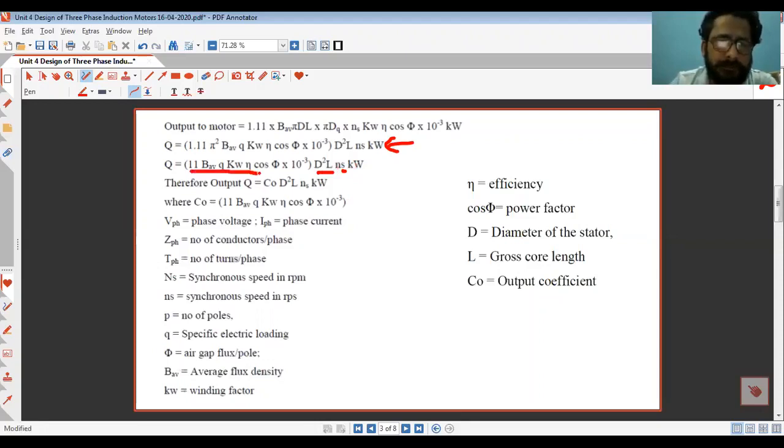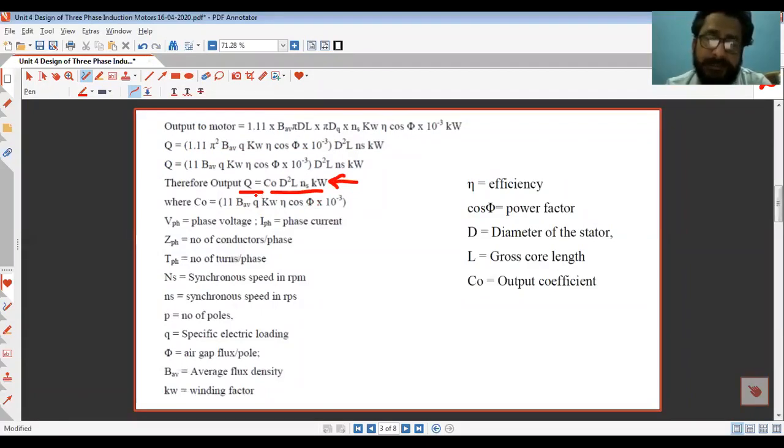So this whole factor has been taken as C_0, the output coefficient, which is equal to 1.11 into B_av Q K_w, winding factor, efficiency into cos φ into 10 to the power minus 3. So you have the equation Q is equal to C_0 D²L N_s kilowatt. From this equation it is clear that the output kilowatt of an induction motor